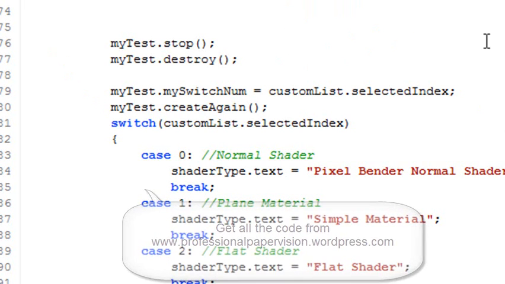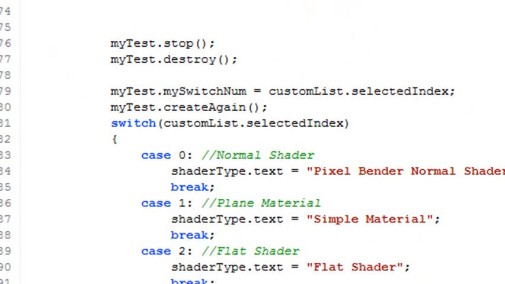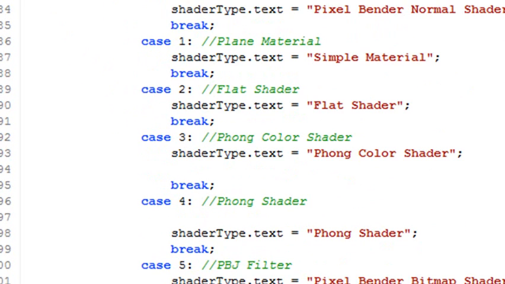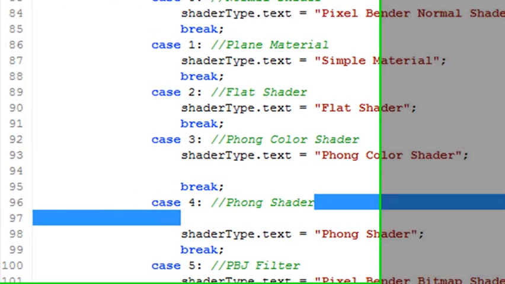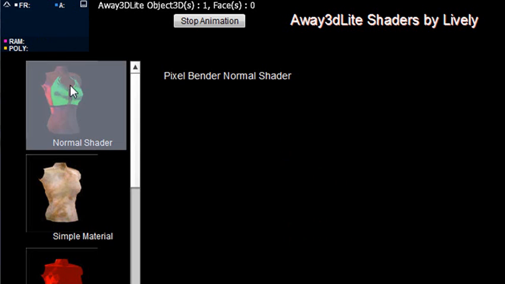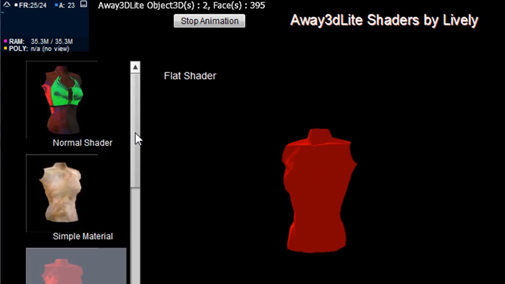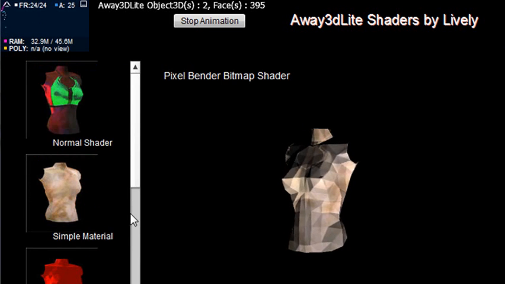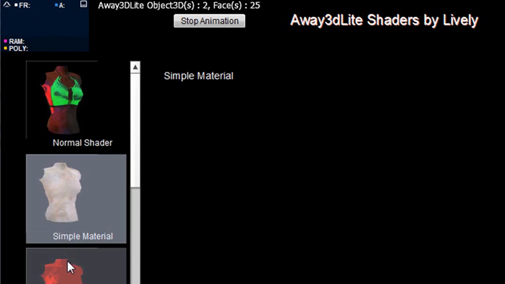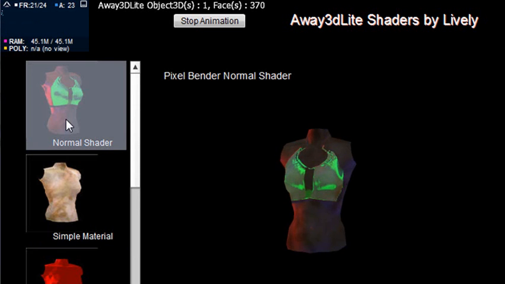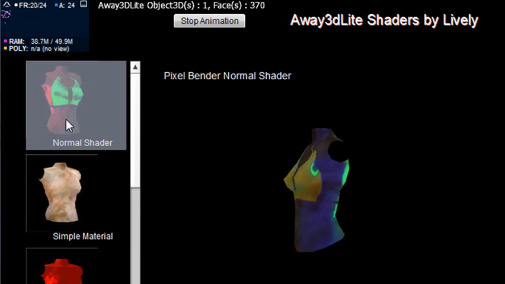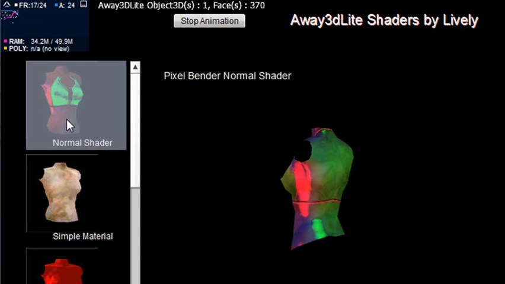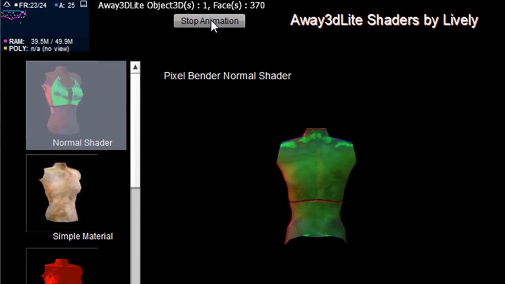And so with that, I create everything again, and I just stuck a little label element in here. Didn't do a whole lot of work here, just got my little label element here that shows me what I'm actually watching. So let's run the program one more time to show you how easy it was. And there you have it, and when you click on the different elements, the material is changed, and that's loaded onto the new model. You clear the stage each time you click. You create your different material from your particular switch case element. And then you just add that model to the stage. And right here you actually can stop the animation if you want to,